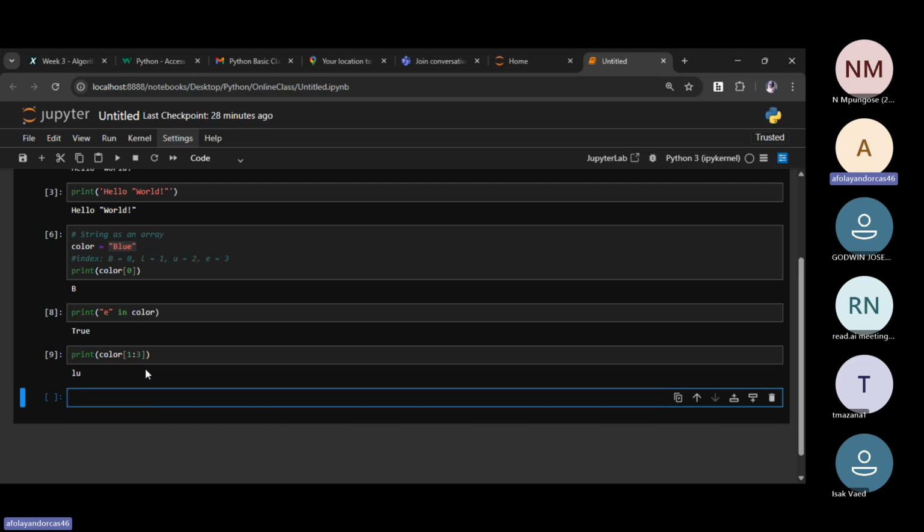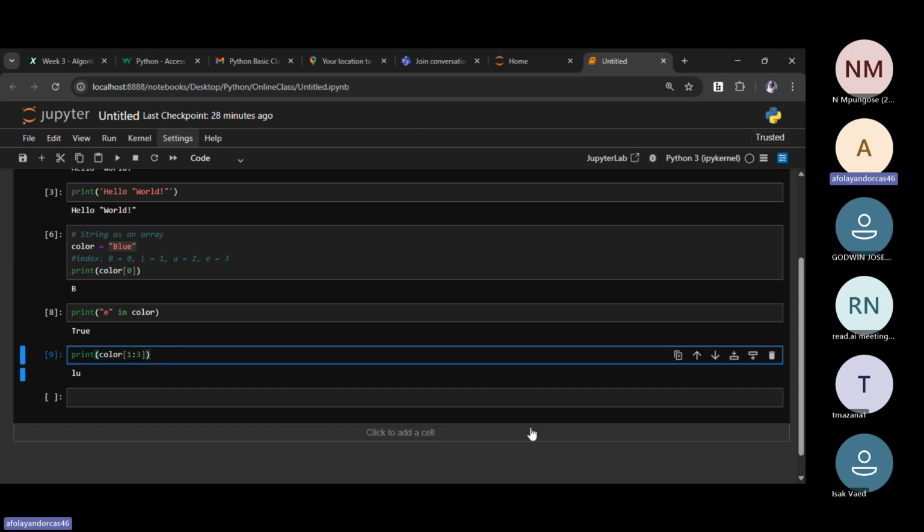What is actually going on? Please, I really need someone to explain what actually happens here, just to know if you guys are following me. I know I've not talked about it. Can you just guess and let's communicate more? I'm feeling bored, so that it won't be only me that is talking. So who can tell me what actually happens in this line of code, this line number 9 that is here? What does this mean? So please unmute yourself and let's talk about it. So what actually happened? Can anybody explain?